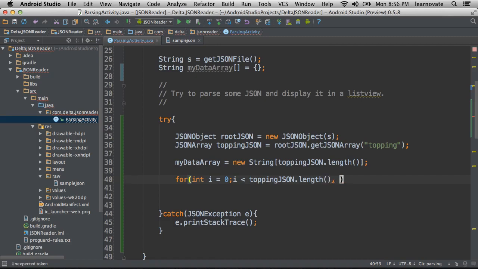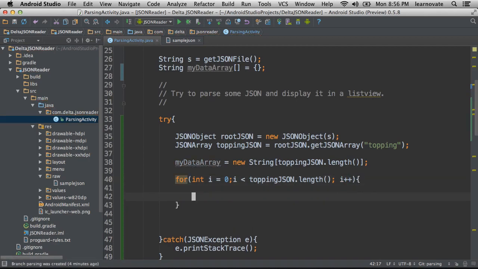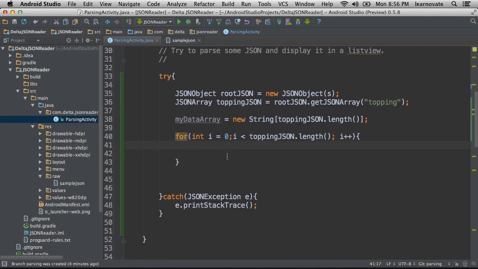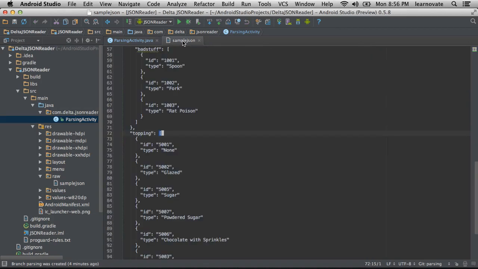Same thing on line 35, right? We have S, which is a string. We're getting a JSON object. And then from that object, we're getting a JSON array from topping. And then here, we're going to do the same thing, where the key is going to be on the right-hand side, and the value will be on the left-hand side, because we're trying to pull that data out from this unpacking that you're mentioning. Got it.